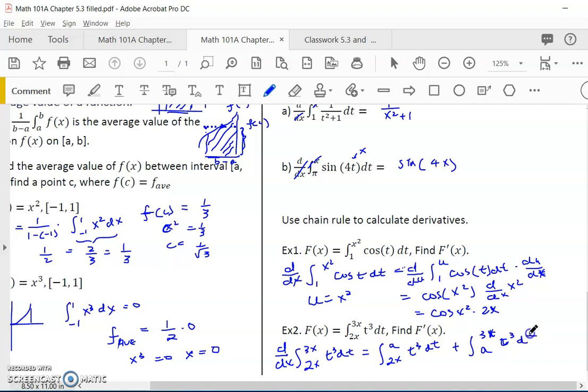I don't have enough space here to continue, but the idea would be like that, and I'll make sure that I talk about this in class. So basically you would switch this around to a negative, right? It will be the integral from 2x of t cubed dt plus the integral to 3x of t cubed dt, and then apply the chain rule. That means it would be equal to, maybe I'll use some space here, just finish it. Oh yeah, I don't think I have enough time. So do it in